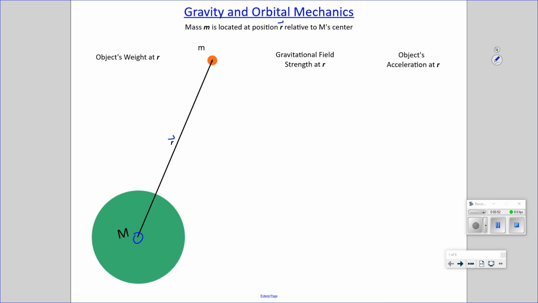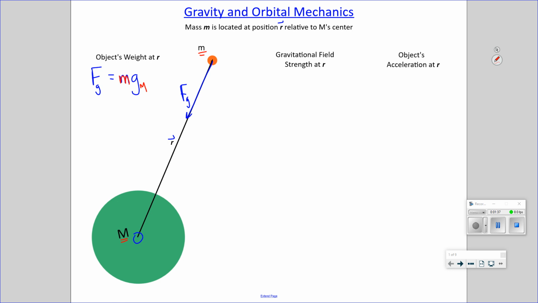So let's talk about what little m weighs. Well, there's a couple ways to say that, but what I usually say is, what does an object weigh? That depends. What an object weighs is the gravitational force. Here is a depiction of that gravitational force. That depends on a couple of things. How much does an object weigh? Well, it depends. What is its mass? And what's the strength of the gravitational field that it's in? Now, when I say little m, I do mean this little m. And when I say g, I mean the gravitational field made by mass big M.